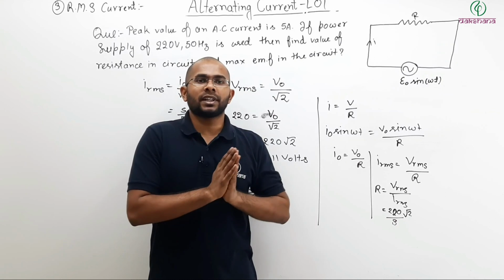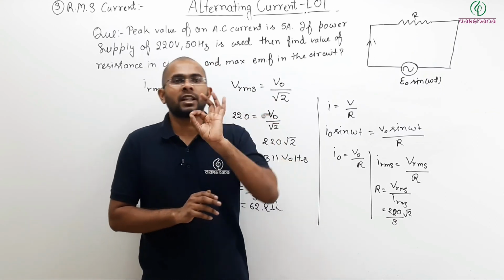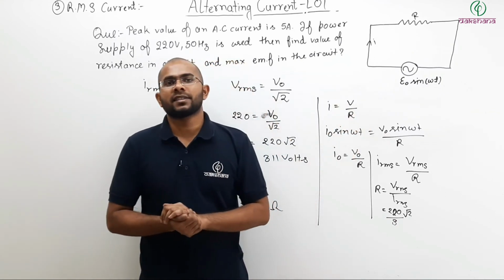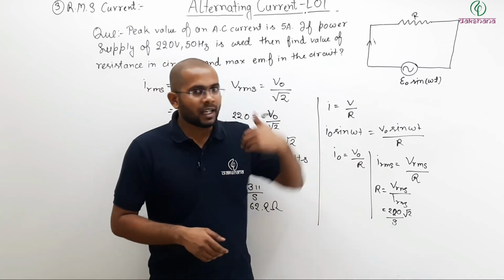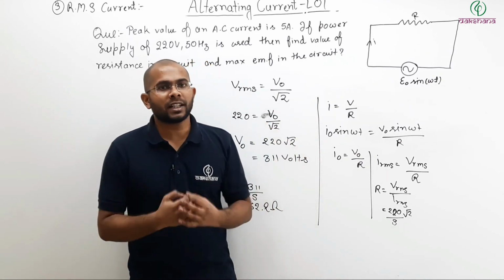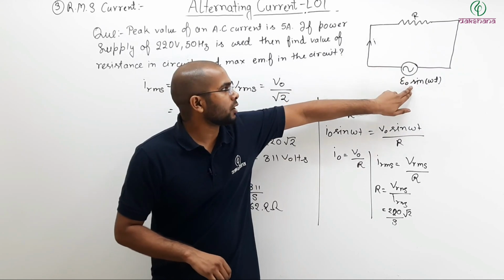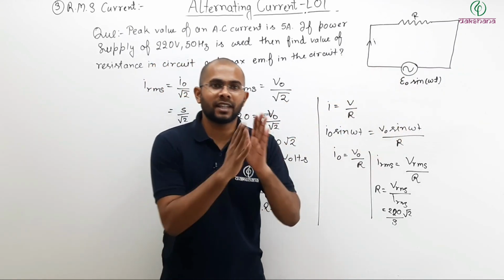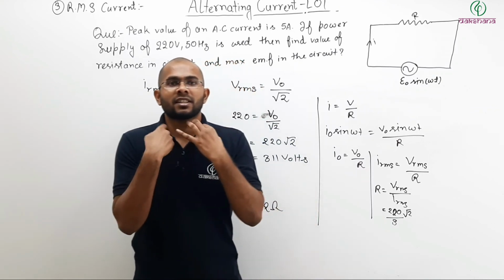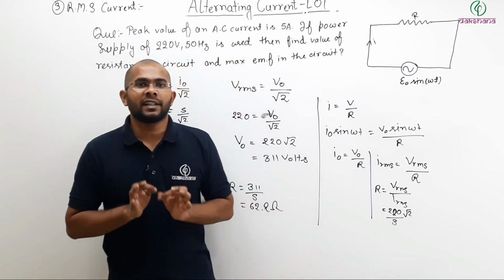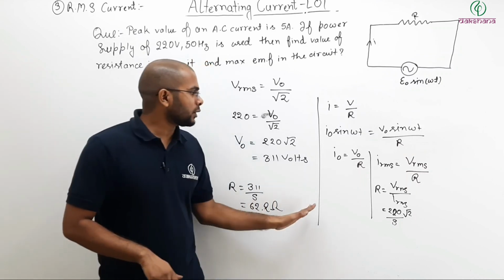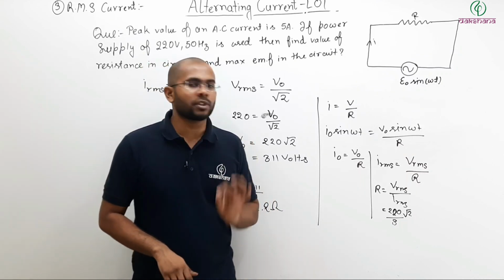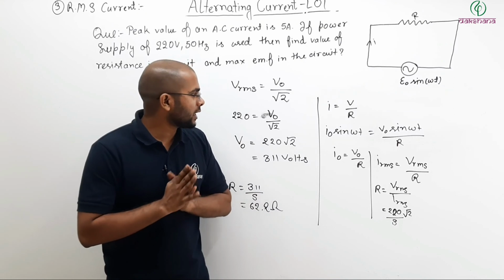You have already calculated or studied power developed when a constant DC supply is used. But in the next lecture, we will talk about what happens when a resistance is connected across an AC source, and what is power developed in this case. And then we will talk about what is the significance of your IRMS. Until then, revise your topics, try to solve as many questions as you can, and if you have any doubt, you can ask in your doubt group.